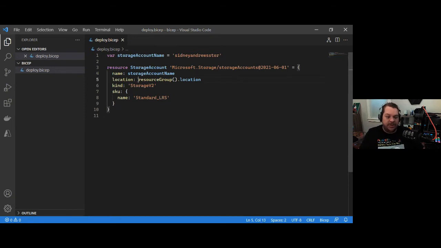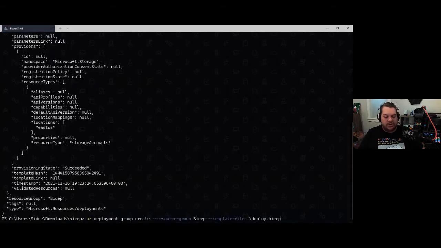It's still going to deploy location ECUS. The name is going to be the same. So the result of this should be no change. Let's test that theory. I'm going to do a new deployment, az deployment group create. Well, actually, let me clear my screen first. az deployment group create resource group Bicep template for deploy Bicep. Now, if I hit enter,